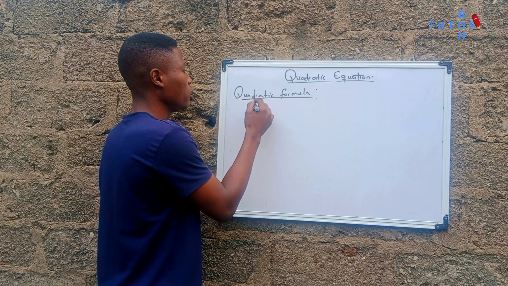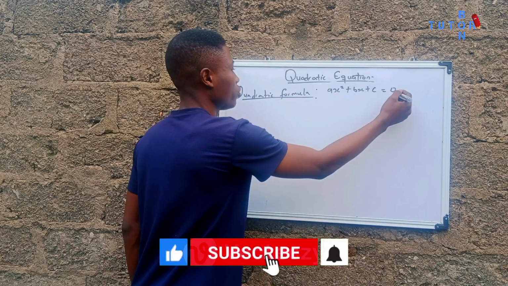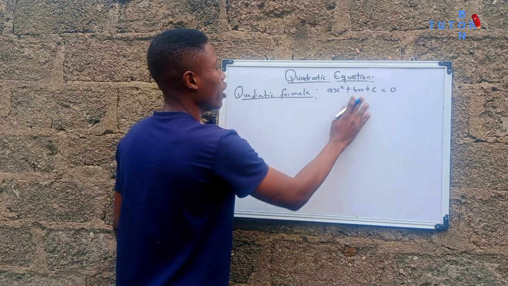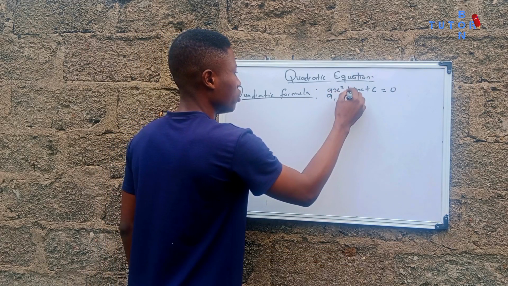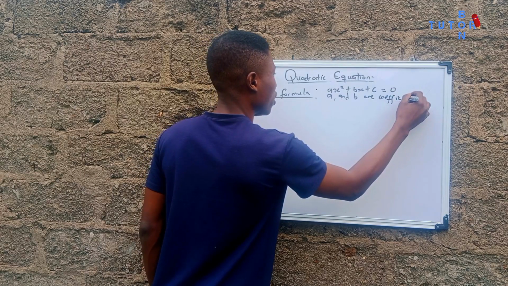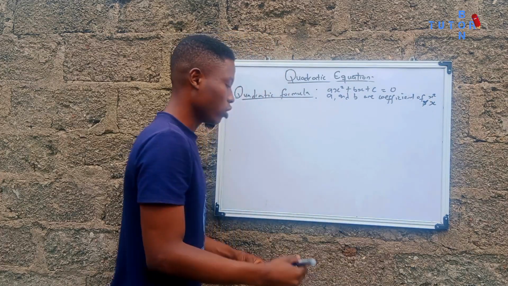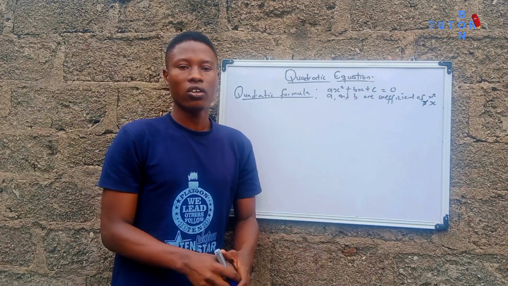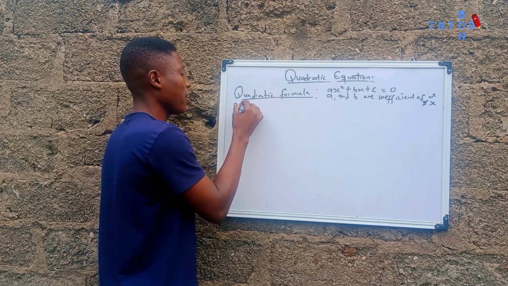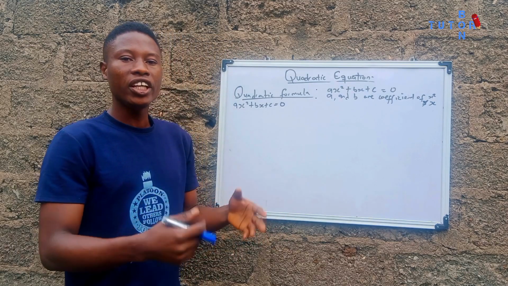A quadratic equation can come in the form ax squared plus bx plus c equals 0, whereby a is not equal to 0, and your a and b are coefficients. They are coefficients of x squared and x, and your c is a constant. So if you have an equation like this, ax squared plus bx plus c equals 0, and you need the general formula,